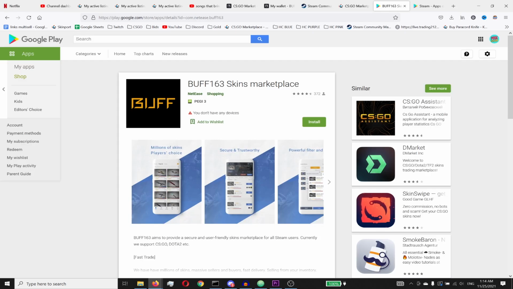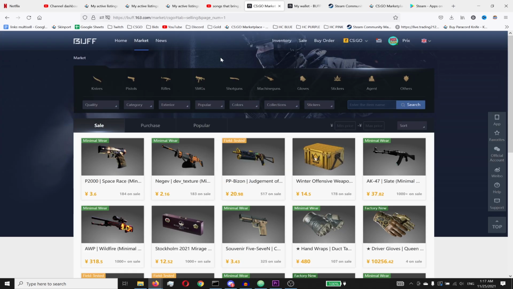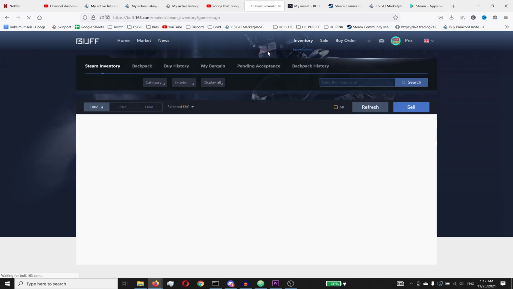Next step that you're gonna have to do is download the Buff 163 Skins Marketplace on your phone. You're gonna have to make sure that it is from the NetEase company so that you don't confuse it with something else. Without downloading the app, you're not gonna be able to flip items. Okay, now that you have downloaded the app from Buff, you can go to your inventory on the website, then